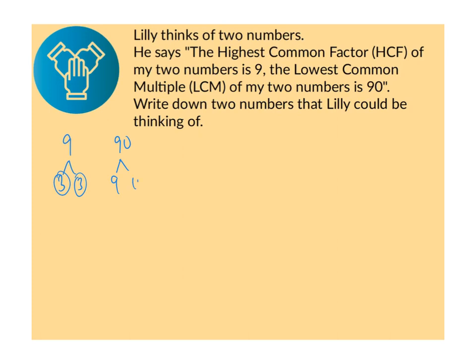90 is 9 times 10. We know that 9 is 3 times 3, we just did that. And 10 is 2 times 5. And I'm just going to write this out like I sometimes would write out the numbers that we're finding an HCF and an LCM for. The HCF is 3 multiplied by 3, and the LCM is 3 multiplied by 3 multiplied by 2 multiplied by 5. So in my Venn diagram,